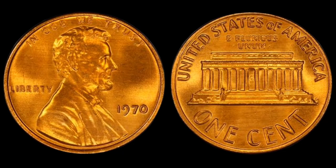As interest in the 1970 penny continues to flourish, it reflects a broader cultural phenomenon where the pursuit of error coins emphasizes both the beauty of the past and the potential for financial gain within numismatics. The fact that a single coin can tell a story of imperfection, beauty, and historical value is a powerful reminder